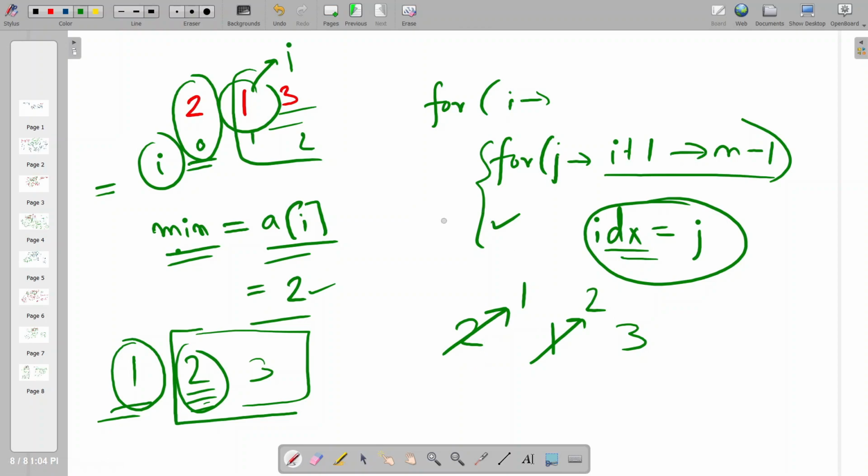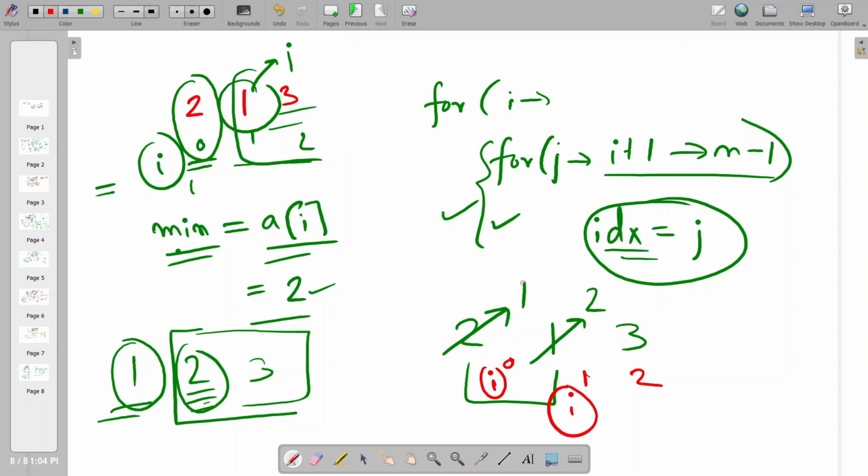So after the inner loop gets completed, we swap that minimum with the element that we have got which is less than the minimum. This process continues for each and every turn. So the first time we have i at 0 and j goes towards the right. Next time we have i at this position. Let me change the color. So here this is the 0th index, 1st index and the 2nd index. Initially I was here, now I will be at 1.